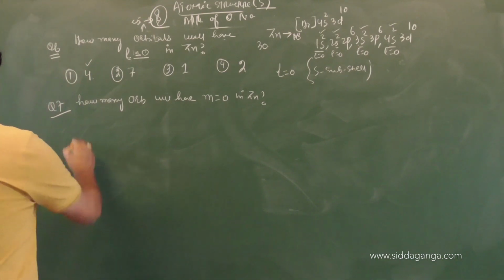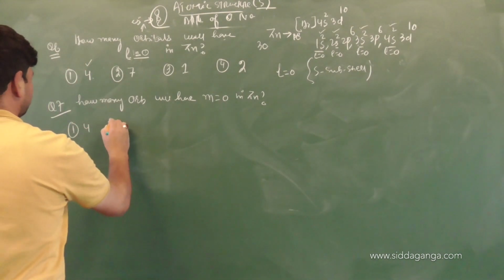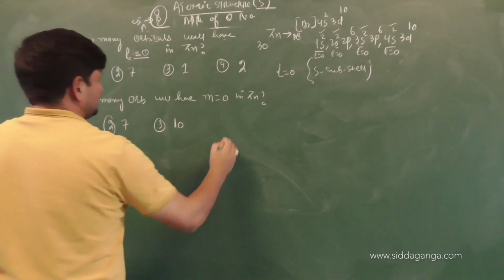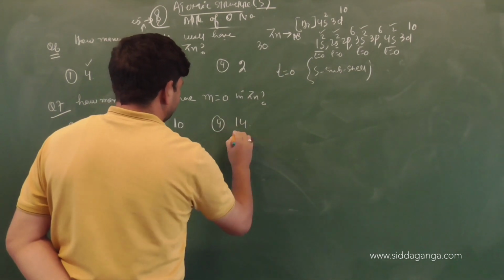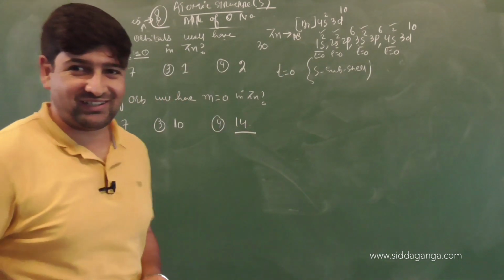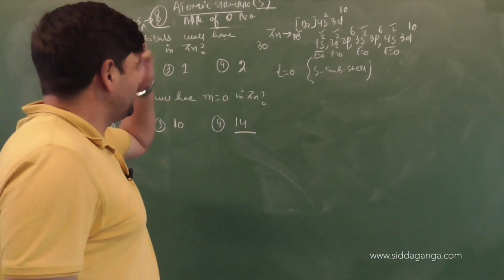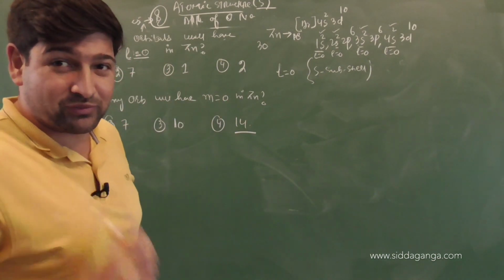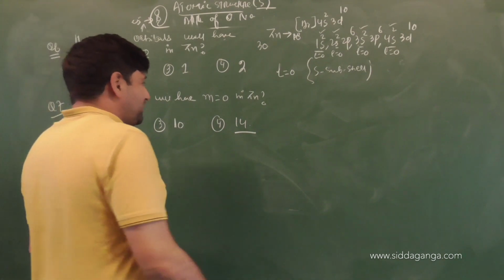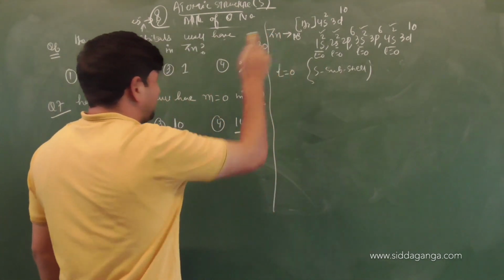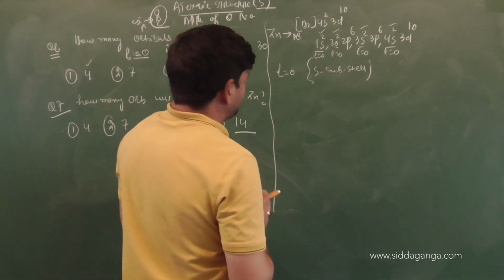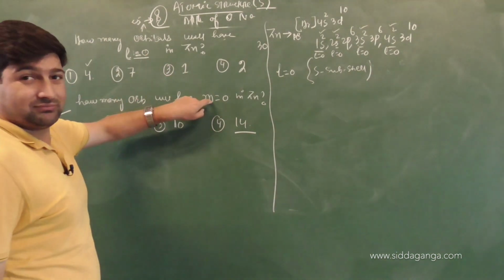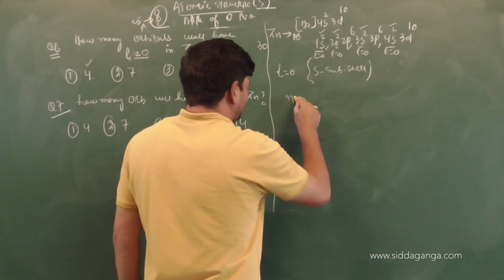Now the options I am mentioning are 4, 7, 10, 14. A very good question, a very important question technically, if you look at it carefully, children. So now the question is, how many orbitals will have m value equal to 0 in zinc? M value equal to 0. Let us solve this question again, because the question is with respect to zinc only. We'll solve with respect to zinc here. Children, we understood a while earlier. Now the question is not with respect to L, it's with respect to M. So what is the value of N for the zinc outermost shell?